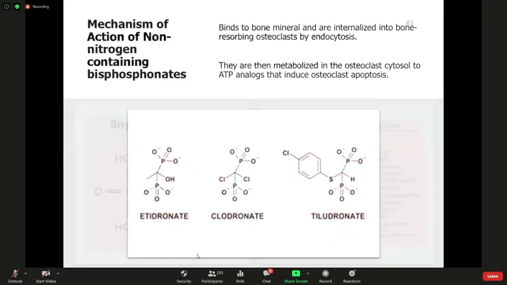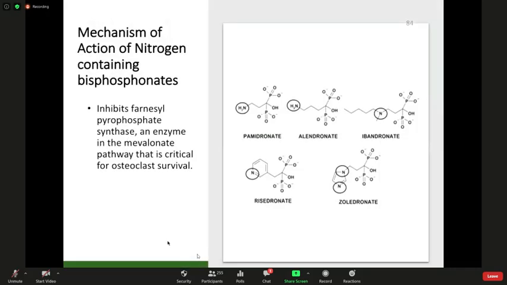There are two main kinds of bisphosphonates, the non-nitrogen containing, hindi na rin sila masyadong ginagamit. No? The difference is in their mechanism of action: they bind to the bone mineral and they're internalized. And once they are internalized in the osteoclast, they're converted to ATP analogs that induce osteoclast apoptosis. On the other hand, the nitrogen-containing bisphosphonates, which are the ones that we typically use in practice, alendronate, ibandronate, zoledronic acid, risedronic acid, and even pamidronate, inhibit the rate-limiting step in the mevalonate pathway that is critical for